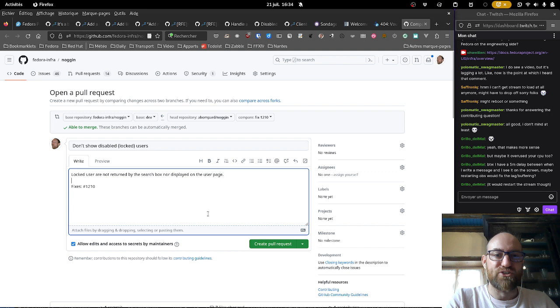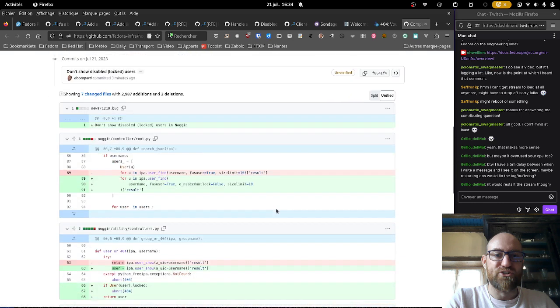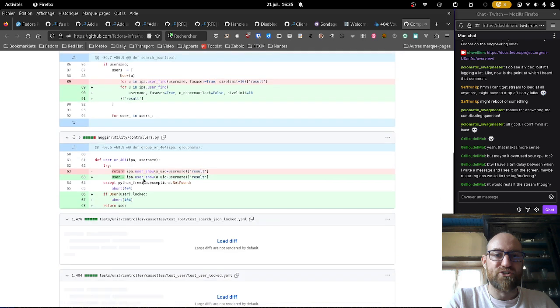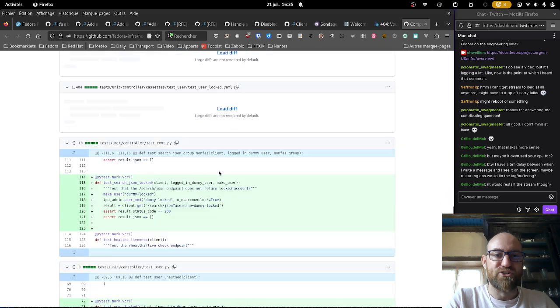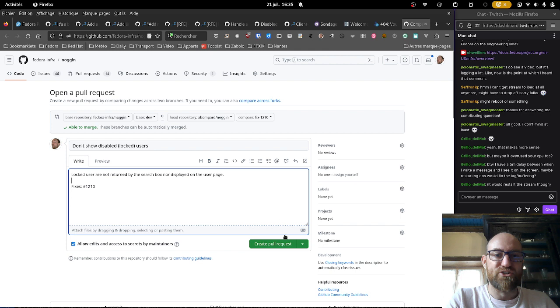There it is. What change did I do? There is my news fragment. That's the change about the search. That's the change here about not returning the user when you look at the page itself. That's the 2 cassettes. That's tests for search, and that's the tests for the user page. I think we're good. Let's create it.